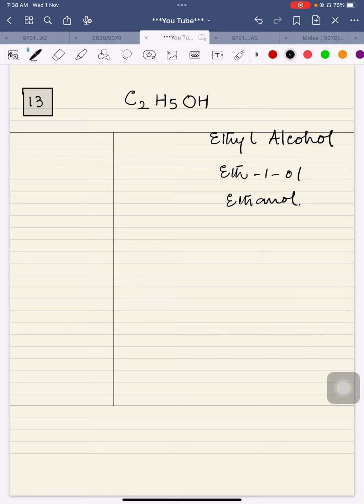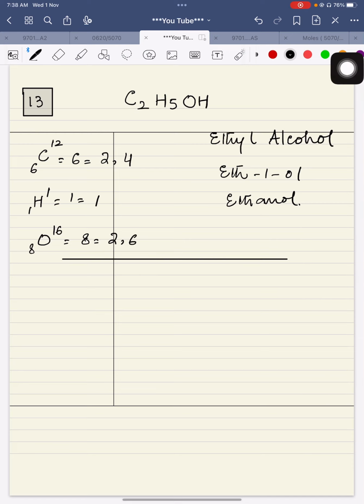Okay, now we can see that carbon has these many electrons and it is going to convert itself into electronic configuration like this, whereas each hydrogen atom has 1 electron, so it is like this, and oxygen has 8 electrons, so it will be 2 and 6. All right, so this is how we are going to draw carbon and oxygen and hydrogen regarding their electronic configuration. Here carbon will be represented with the black dot, whereas hydrogen is represented with the red dot, whereas oxygen is represented with the cross.